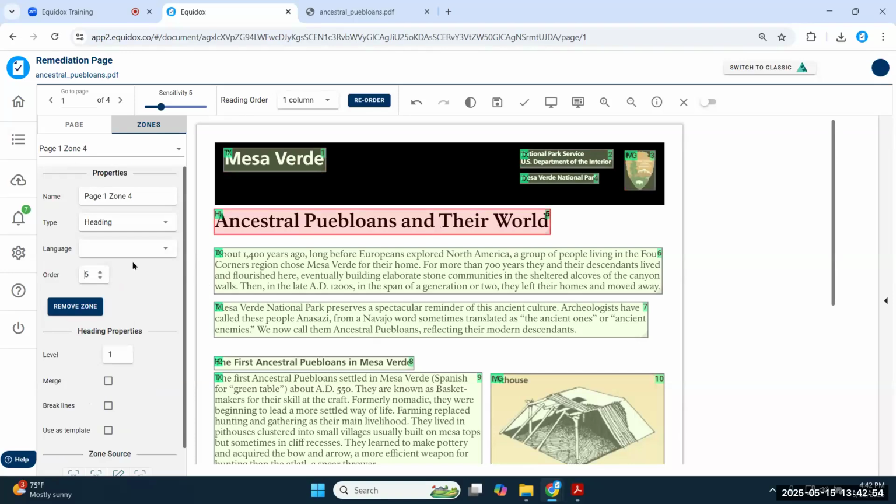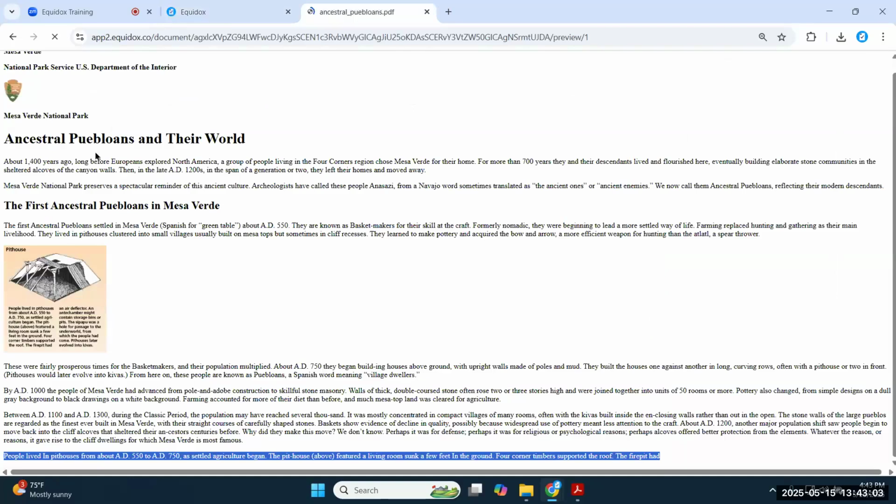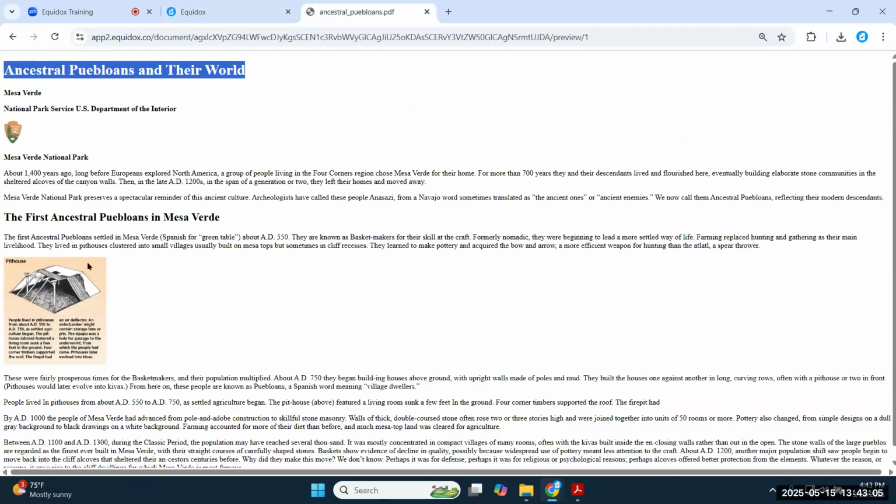But I really don't have to do that. I can just click on the one zone that happens to be out of order and put a period in front of it. So I can make it 0.5. And now it will jump to the top of the reading order and everything else will slot in behind it. So with the reading order, you're not locked into using whole numbers. You can use decimals, you can skip numbers, you can use any sequence that you would like, anything that's lowest to highest, and that will determine the tagged reading order that comes out of Equidox for that specific page.